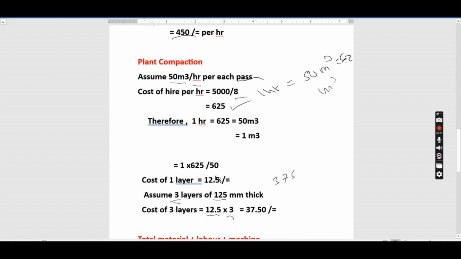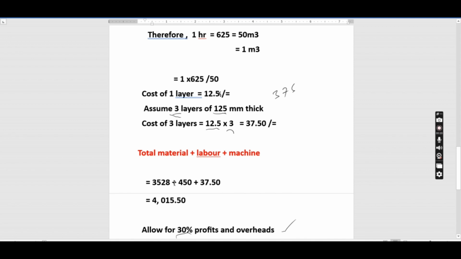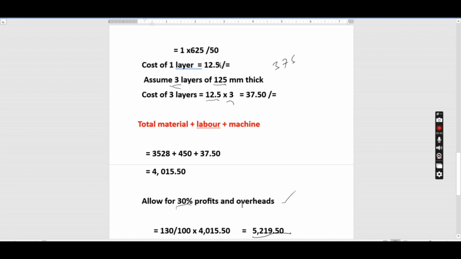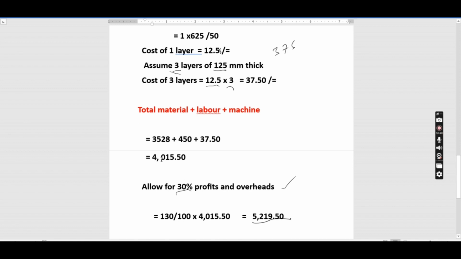Now we have the cost of the material, the labor, and the plant. So we add the 3: the material was 3,528 plus labor was 450 plus the machine is 37.50, that gives us 4,015.50, and then we allow for profits and overheads. Remember, we say that every item that we do must have some profits and overheads, and in this case we are going to allow for 30% profits and overheads. So it's going to be 130 over 100 times the total, which is 4,015.50, giving us